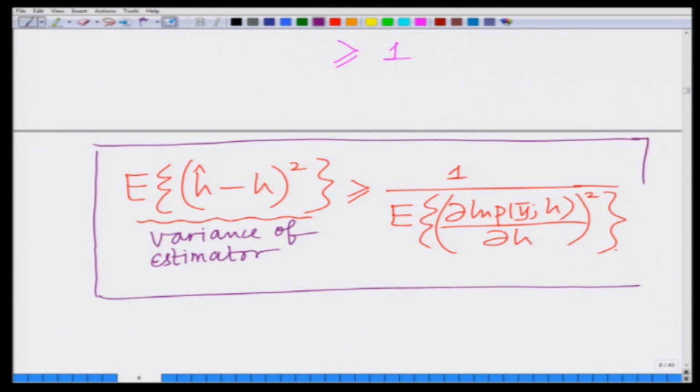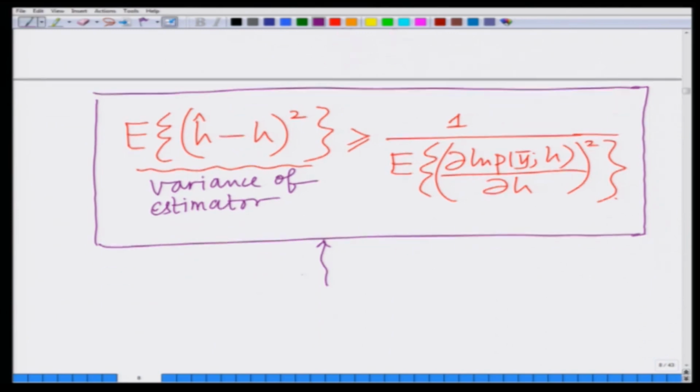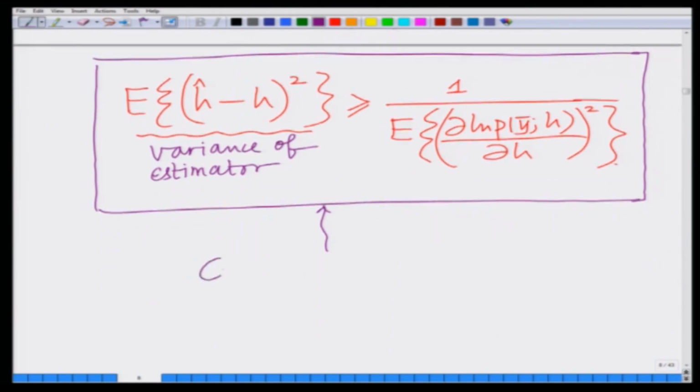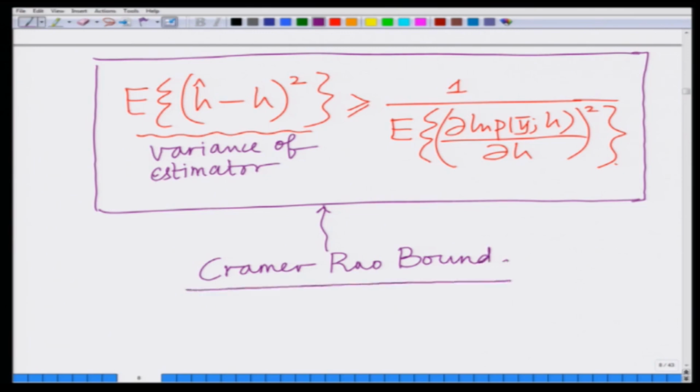So, it says that the variance of this estimator, so this is basically your Cramer-Rao... So, what we have derived is this result which states that the expected value of (h hat minus h) square, that is basically the variance of this estimator, and that is for any particular estimator as long as it is unbiased, that is the variance of any particular estimate h hat,